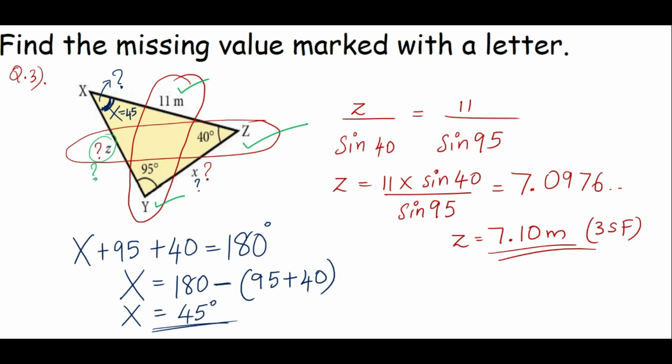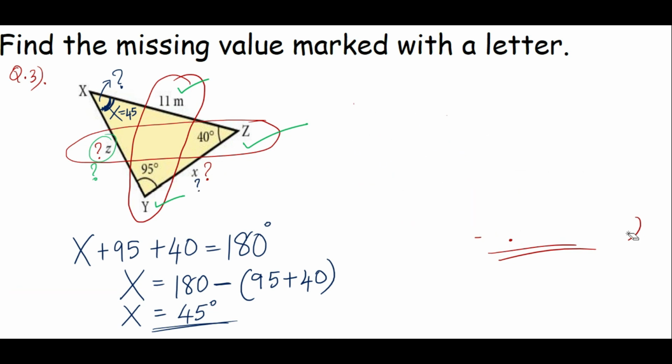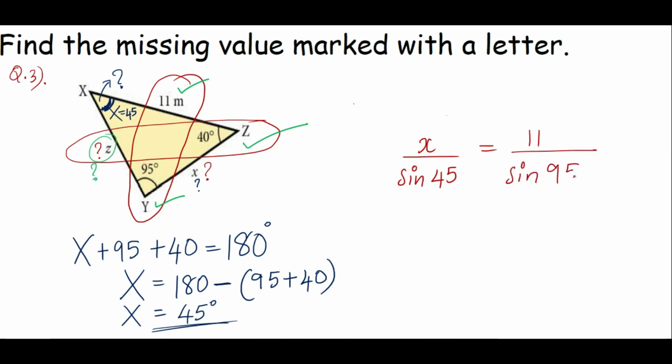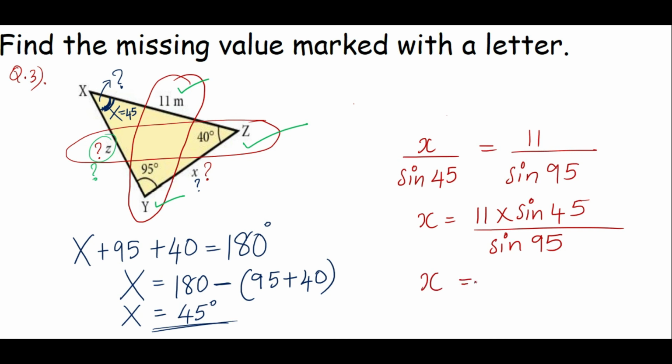I'll erase this part. x over sine 45 is equal to, now you can take any of these ratios. If you want to take z and 40, it's fine, or 11 and 95. I'll go for 11 and 95, so sine 95. x is going to be 11 times sine 45 over sine 95. x is equal to